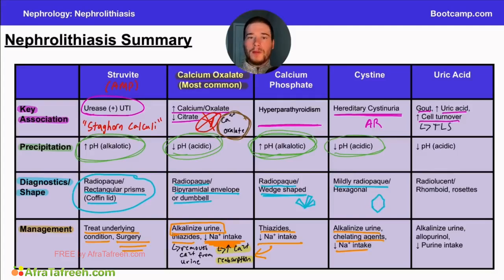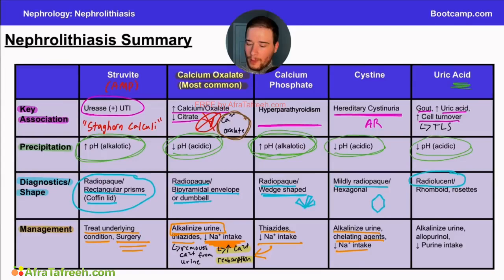And as we've talked about previously, when a cell lyses or breaks open, the products inside of that cell are then released into the system. And so this can include higher levels of phosphate or calcium or substances that can increase our uric acid levels. It should make sense to you that the precipitation of this particular condition is an acidic environment because these are called uric acid stones. And this is probably one of the key diagnostics for this particular condition, and that these